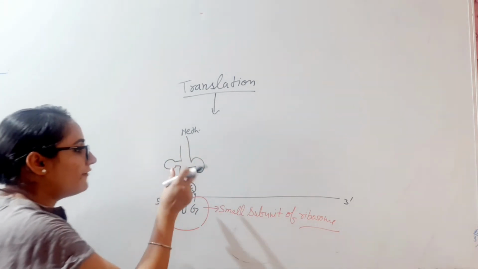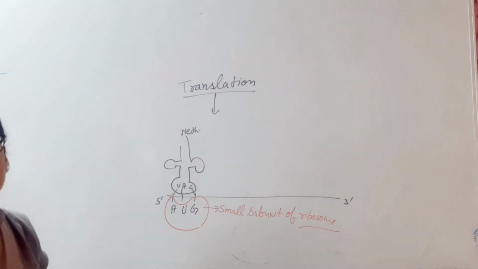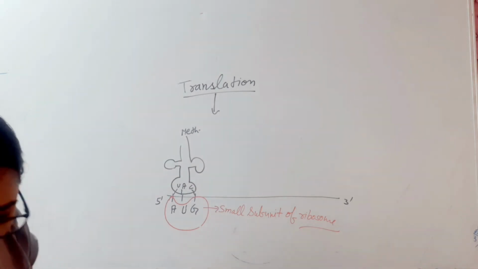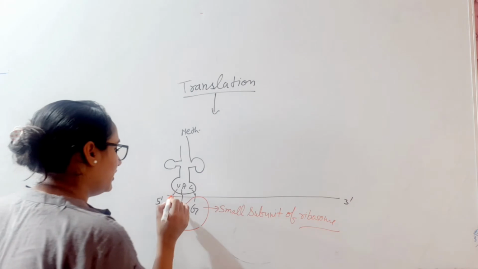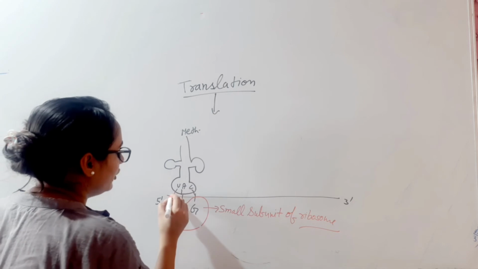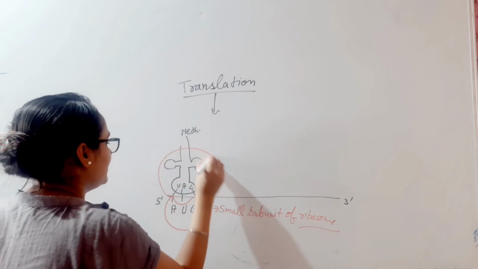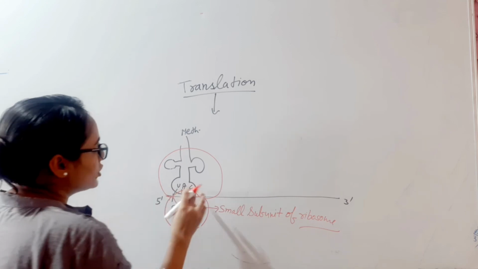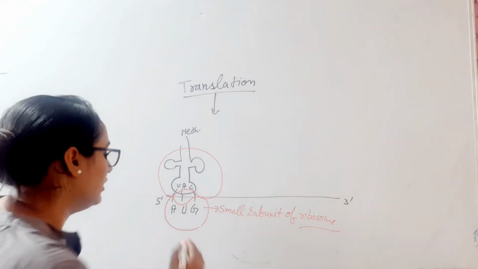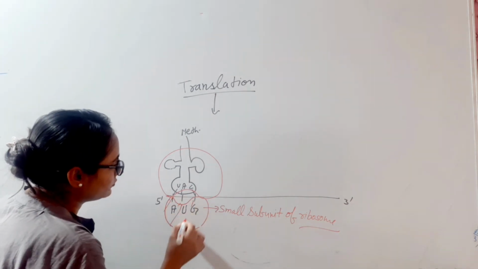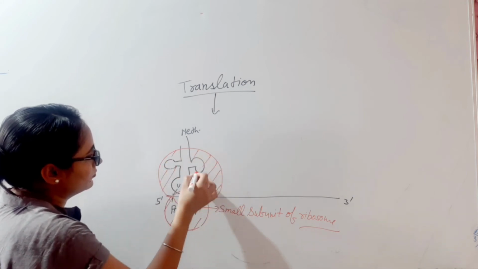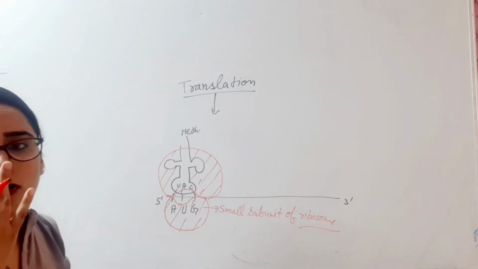Okay. After this first tRNA, that is the initiator tRNA, comes and binds with the mRNA, the large subunit of the ribosome comes and binds to the mRNA. So once the tRNA gets attached to this mRNA, the second subunit, that is the large subunit of the ribosome, comes and attaches with the small subunit. Okay. Now the ribosome is active. This is the ribosome. Okay. So this is now in active form.